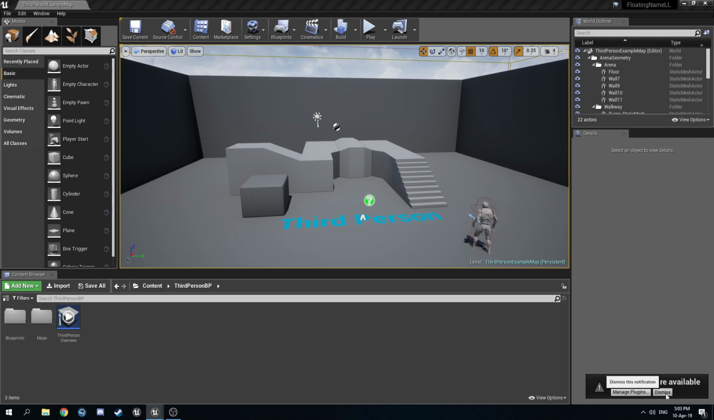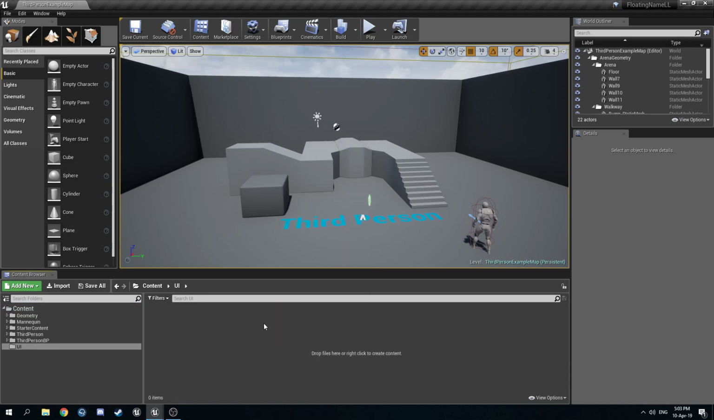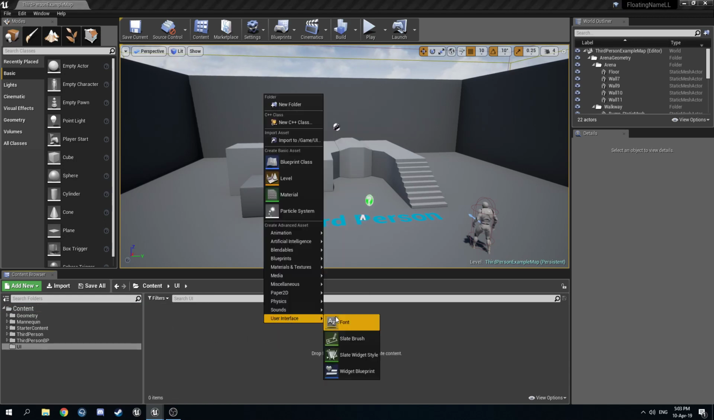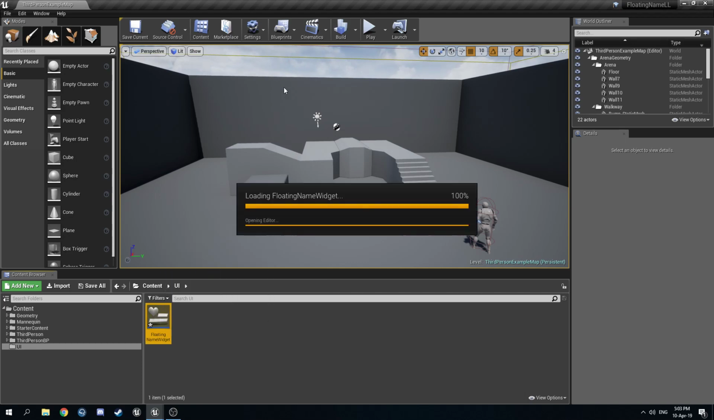Go to our new project. This is a third-person example project, and the first thing we need to do is create a widget. So let's do that. Let's make a UI folder. Inside, let's create a widget blueprint, and let's call it floating name widget. Let's open it up,